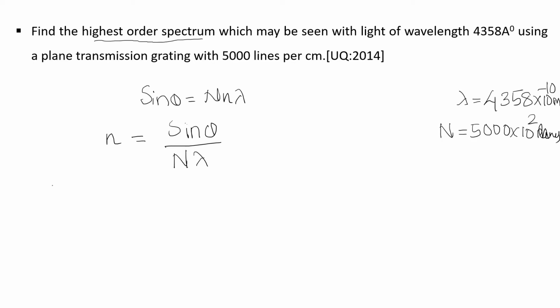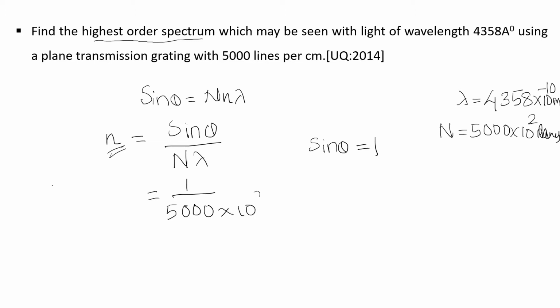That is, for the highest order spectrum, the n should be high. For n to be high, this numerator should be maximum. That is, sine theta should be maximum. The maximum value of sine theta is 1. Therefore, this can be written as n is equal to 1 divided by N, where N is 5000